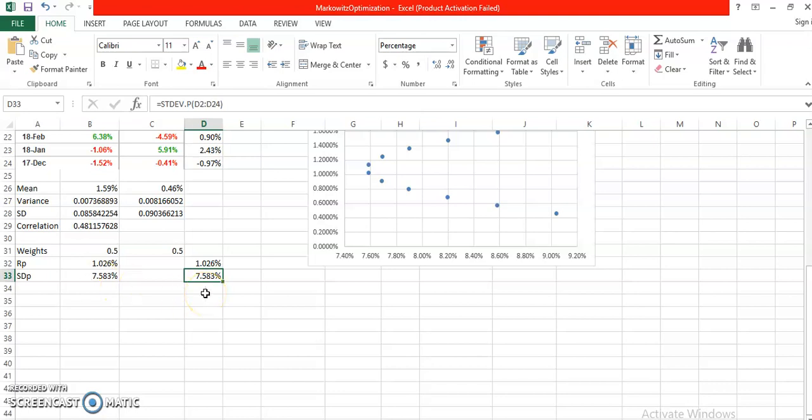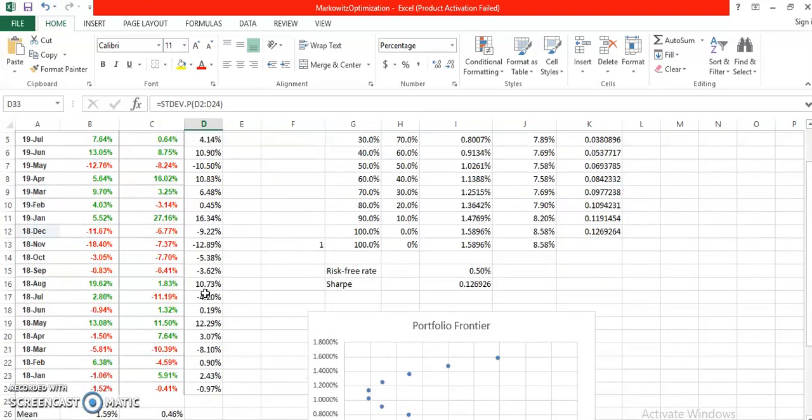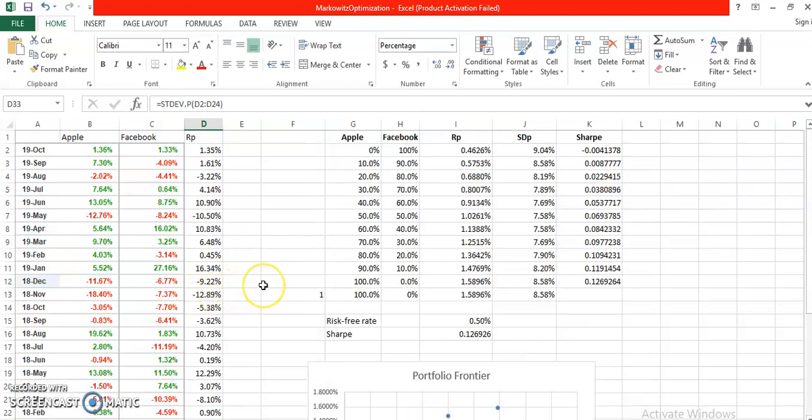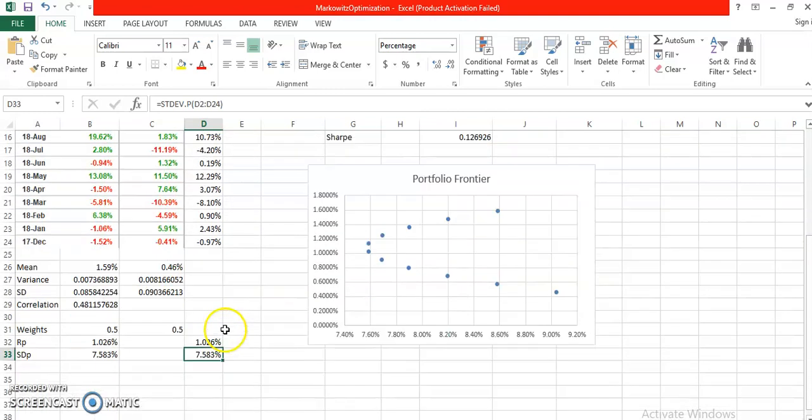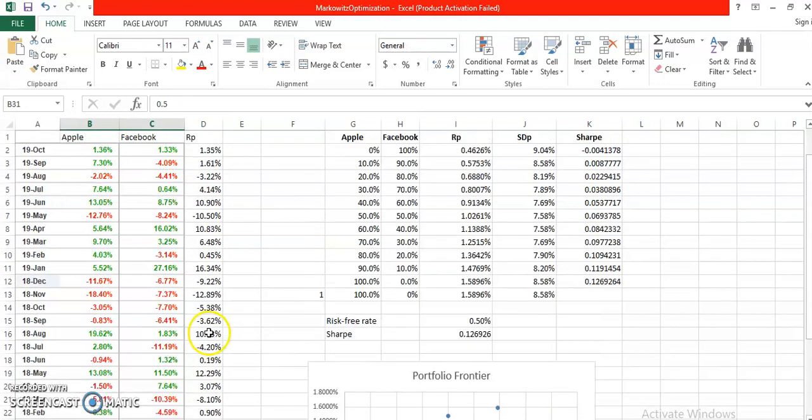So there are two methods of solving this, and we can apply either of these approaches, and then we just try to develop different portfolios to determine which one would be the best. So right now we got the two weights 50-50. Let's say we allocate different amounts to both these stocks, so we will calculate the returns and the standard deviations accordingly. So if I allocate 0% to Apple and 100% to Facebook, then the return of the portfolio is going to be,